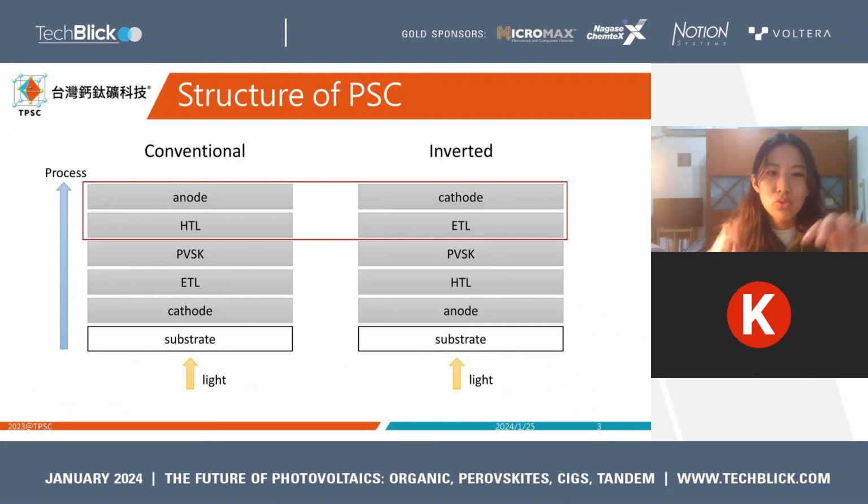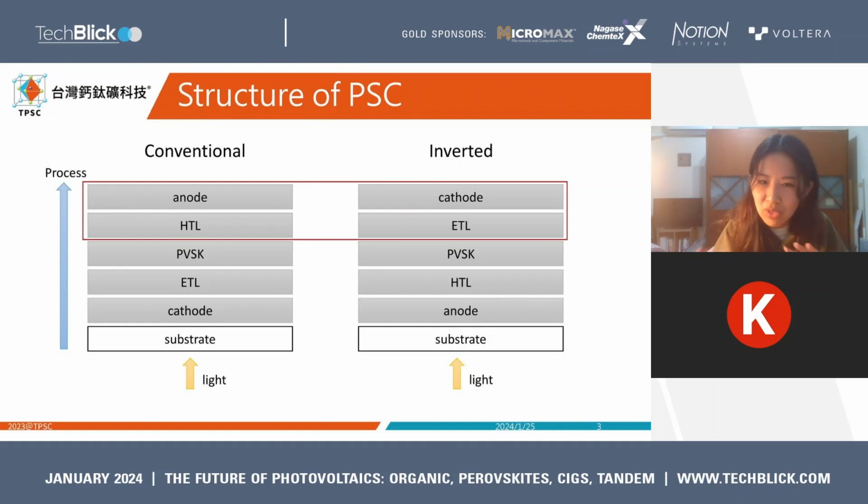This slide shows two typical perovskite solar cell structures. The main difference between these two structures is the manufacture sequence. In the conventional structure, the manufacture sequence is from cathode, then ETL, perovskite, HTL, and anode. In the inverted structure, it's totally opposite. From the aspect of theories and functions, these two structures are totally the same, but from the aspect of manufacture,